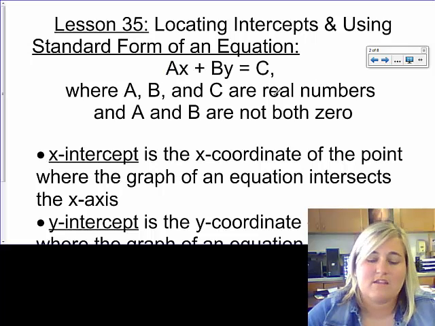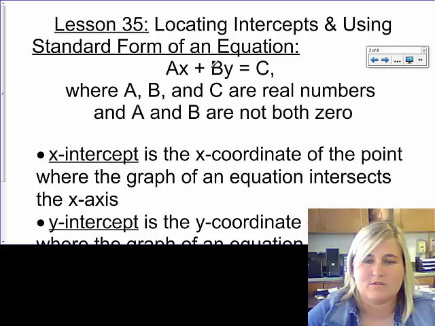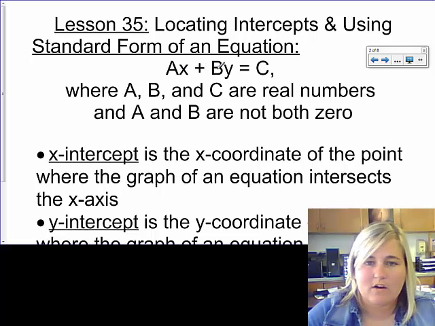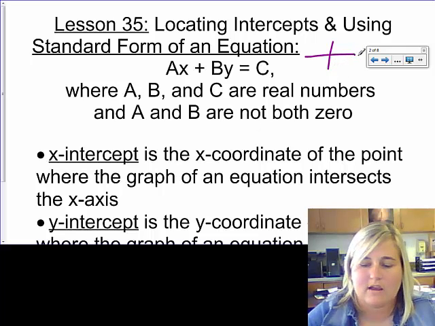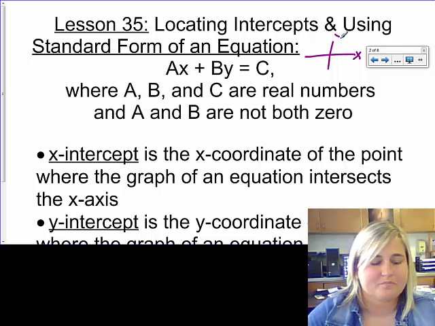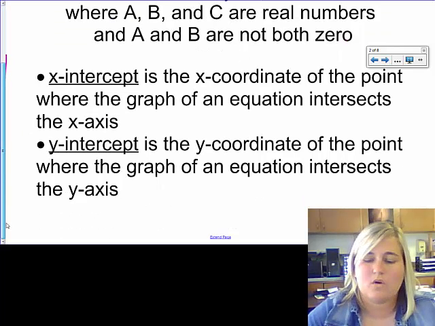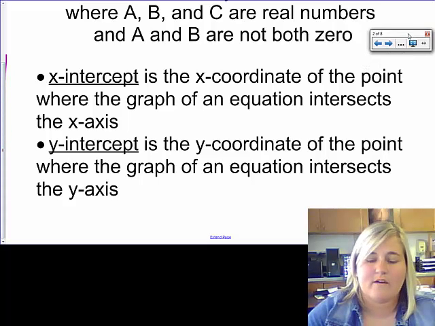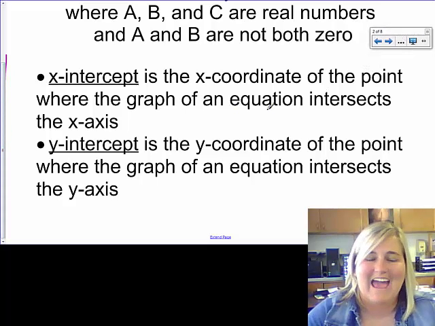Remember, whenever we say that they're real numbers, that means that they're going to be constants. We're going to have some kind of a number that goes in here. X and Y are still our variables because we're using this whenever we're talking about the coordinate plane, our X and our Y. Okay? The x-intercept is the coordinate of the point where the graph of an equation intersects the